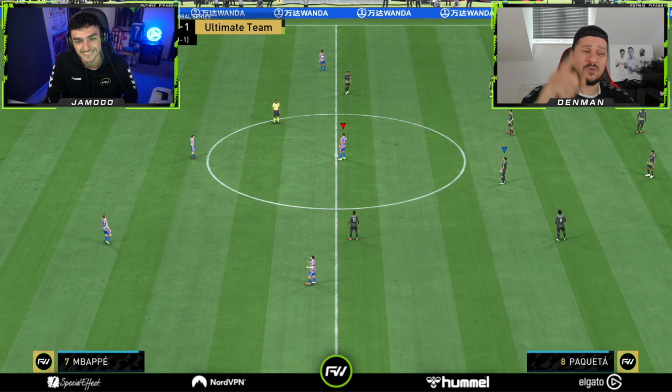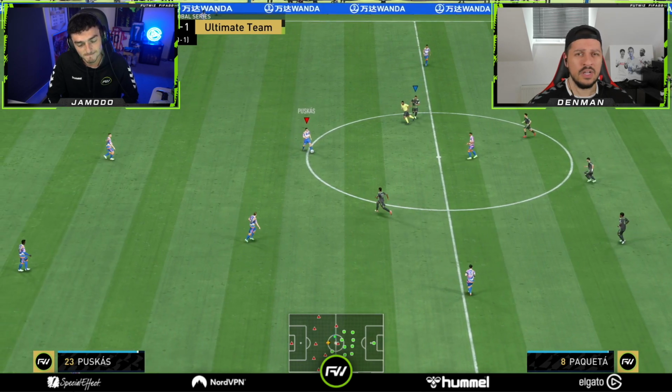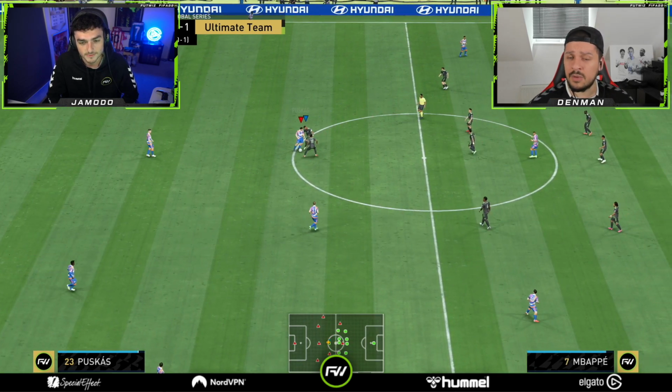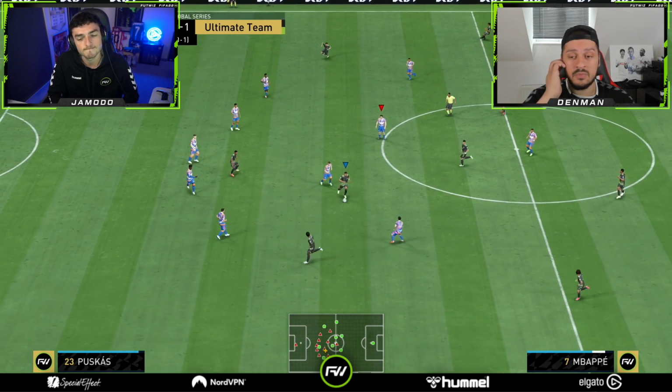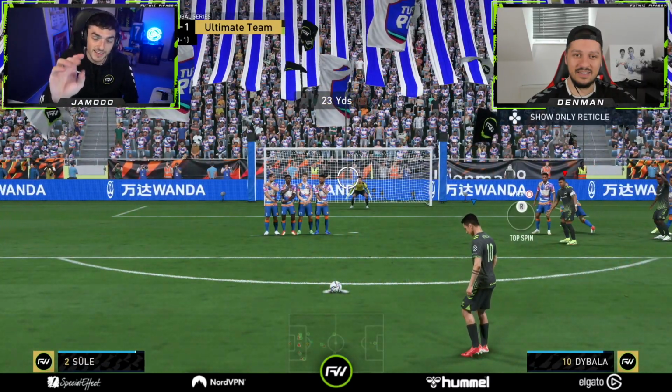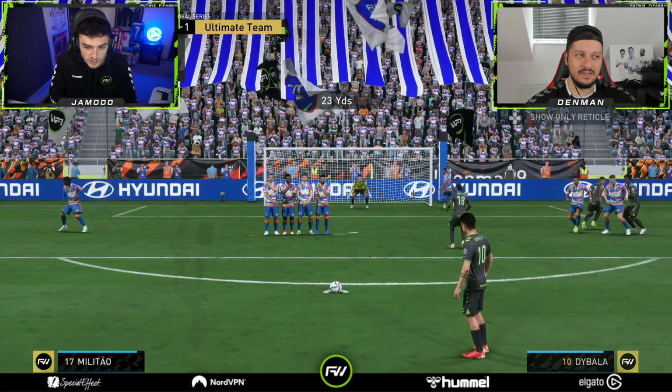Now, on to the next one, which is going to be if a player is on the line for the free kick. Because obviously, Jamie mentioned before what to do if a player is not on the line. Now, we're going to tell you what to do if a player is on the line and pretty much see what Jamie can do. Okay, now secondly, in a similar position to the first one,